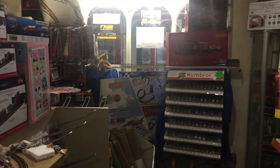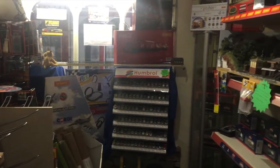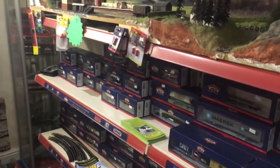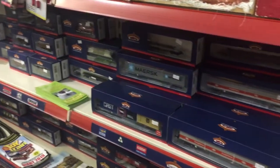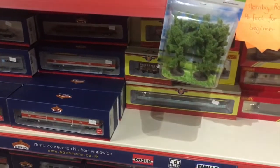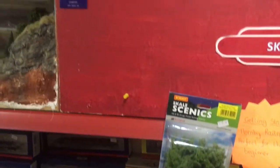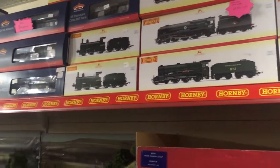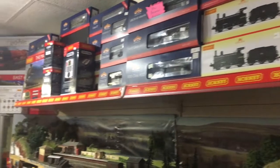Yes, I'm at A2B. It's in the George Centre at Matlock Bath. And you might have heard me say earlier on, this place is a treasure trove. It's just packed to the rafters of everything you need to make a model railway. So where I'm standing at the moment, I'm sandwiched between two shelves, which pretty much go from the floor to the ceiling. And they are full of different model engines, tracks, all the scenic stuff,